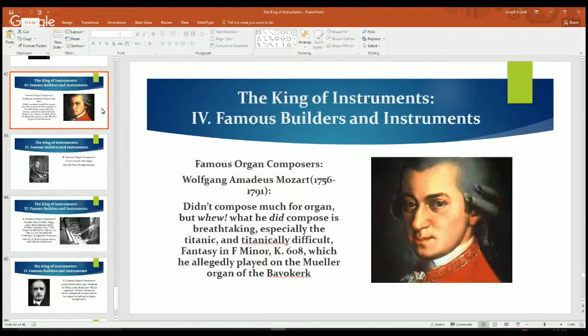Now, here's one you definitely don't associate with organ music, and that's Wolfgang Amadeus Mozart. Mozart didn't compose very much for organ. He did do a little composition for the organ, but whew, what he did compose for the organ is breathtaking. One piece in particular, a very famous one, is the Titanic, and it's also titanically difficult Fantasy in F minor,